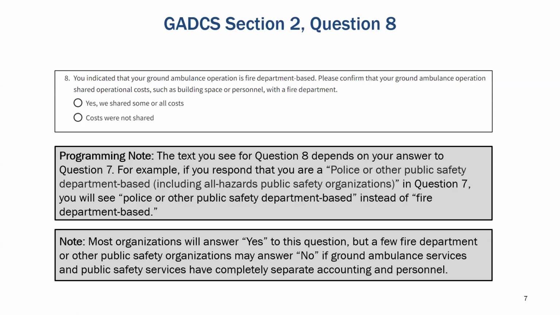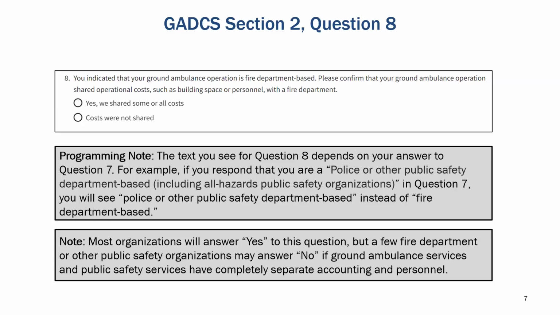If that's true, and you're going to be reporting information that preserves that firewall between the 2 pieces, even though organizationally you might in some ways think of yourself as a combined ambulance fire organization, you can click costs were not shared as the second option in question 8.